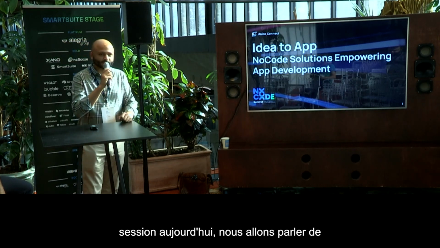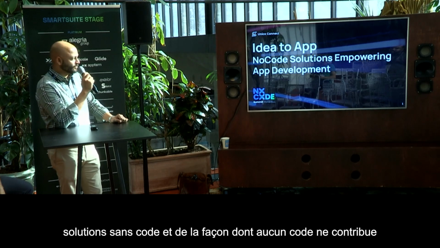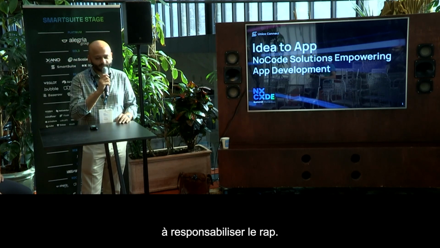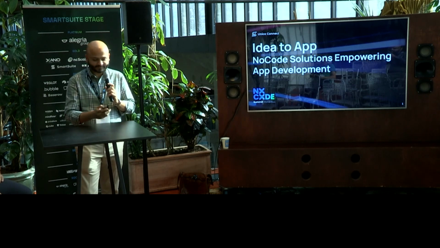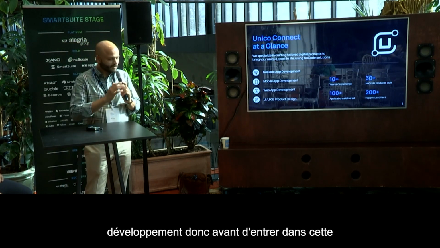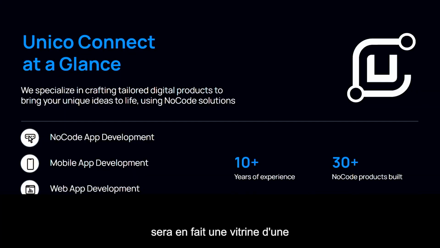Today, we are going to talk about how to get from an idea to an app using no-code solutions and how no-code helps to empower app development. So before we get into this presentation, which is actually going to be a showcase of an application that we've developed for a school, I would like to take a moment to introduce Unico Connect, which is our agency